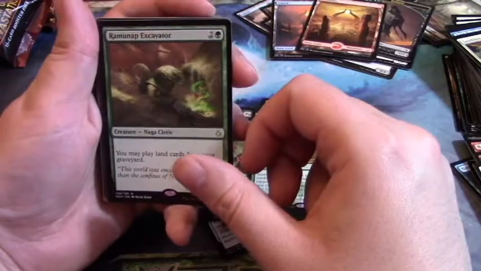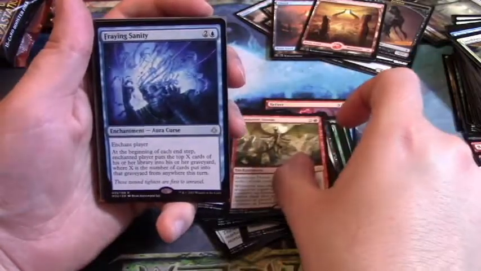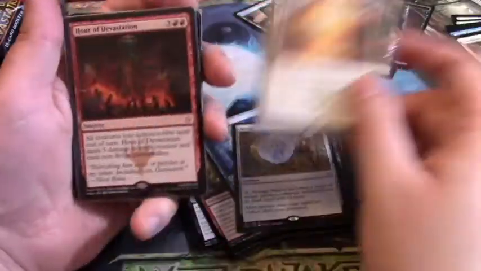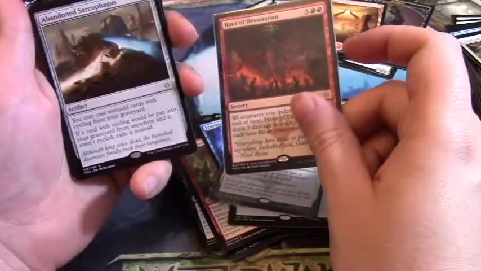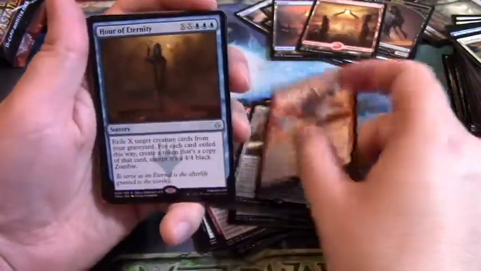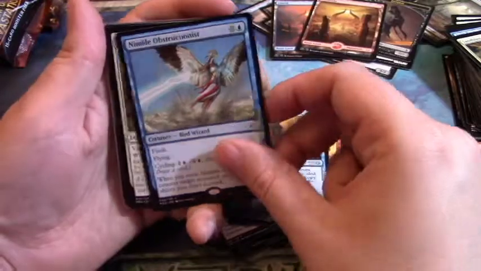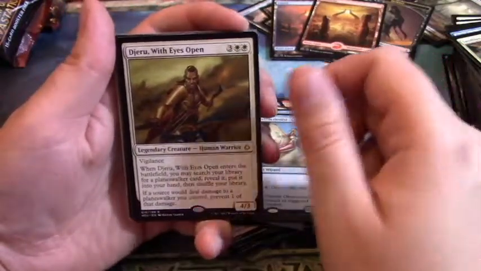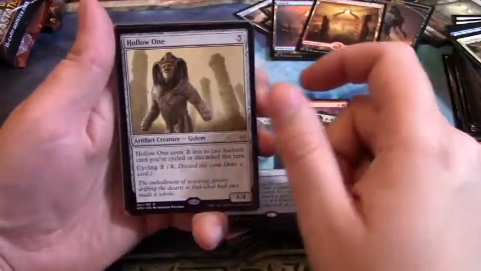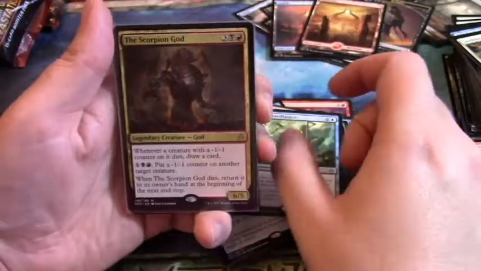Rampant Excavator, Dream Stealer, Imminent Doom, Fraying Sanity, Mirage Mirror, Hour of Revelation, Hour of Devastation, Abandoned Sarcophagus, Wildfire Emissary, Hour of Eternity, Nimble Obstructionist, Jarnu with Open Eyes, Hour of Glory, Godfarer's Gift, Hollow One, Swarm Intelligence, and our first mythic is the Scorpion